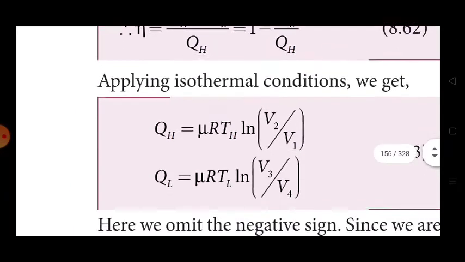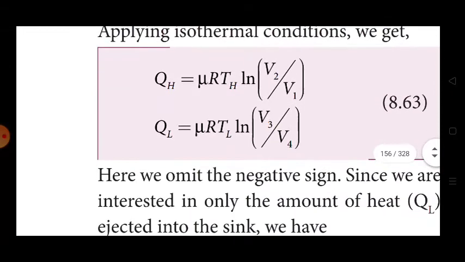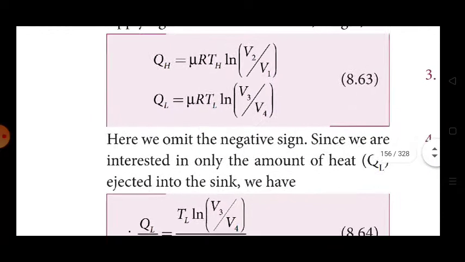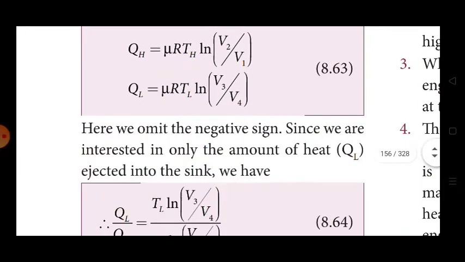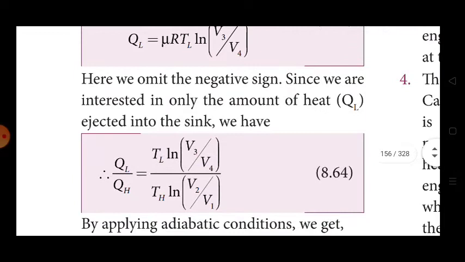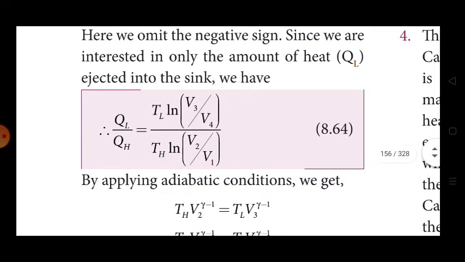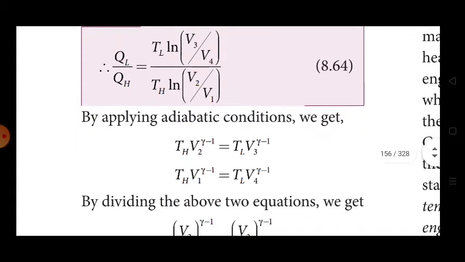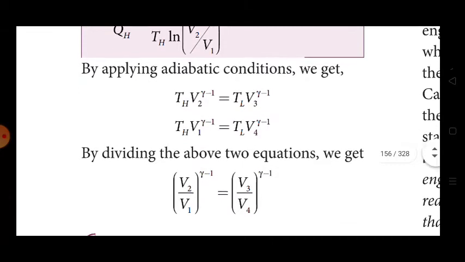Applying isothermal conditions, we get QL is equal to mu R TL logarithmic V3 by V4. Here we omit the negative sign since we are interested only in the amount of heat ejected into the sink. We have QL by QH is equal to TL logarithmic V3 by V4 over TH logarithmic V2 by V1. By applying adiabatic conditions, we get